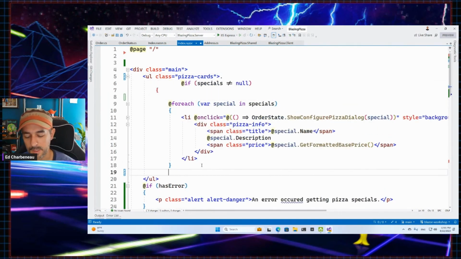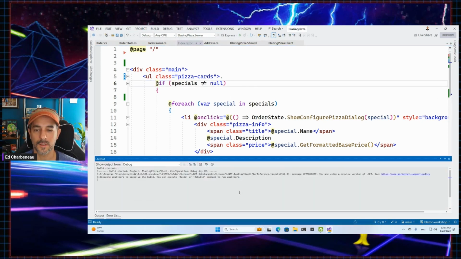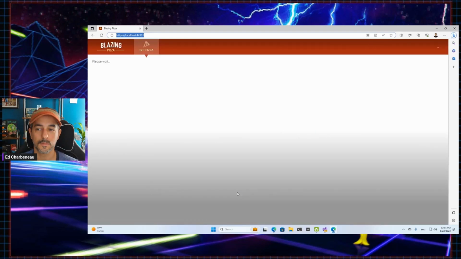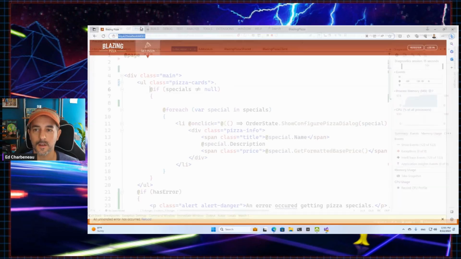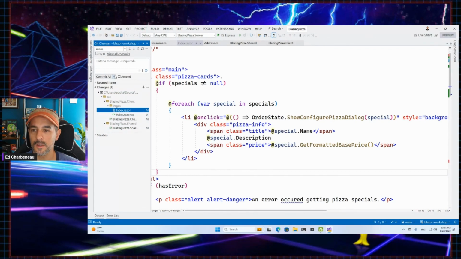I don't see how that would help, but there is an access to order state inside here. Maybe it's hitting too early, where it hasn't been set up yet. We'll have a look. No, that is not it either. All right, I'm going to take this back a notch, I guess. Let's do this. Let's take our changes and then